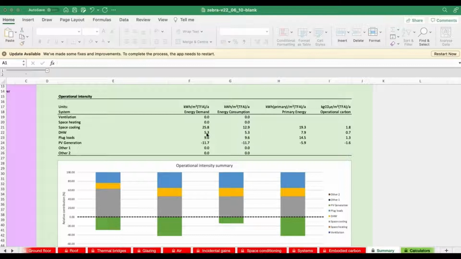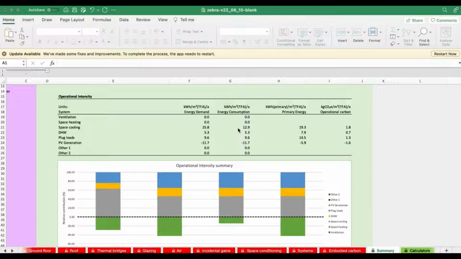For domestic hot water, this is direct electric, so its efficiency is 1, so it's just 5.3 in this case. And the same is true of all the plug loads, lighting loads, and everything else in the building, which are summed up into these 9.6 kilowatt hours per meter squared. We see that the PV is generating 11.7, and it's shown as a minus because it's injection into the building rather than a demand from the building, and that's roughly the same as the energy consumption of the space cooling.